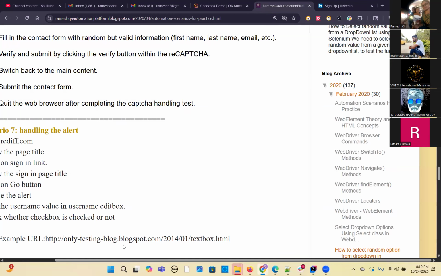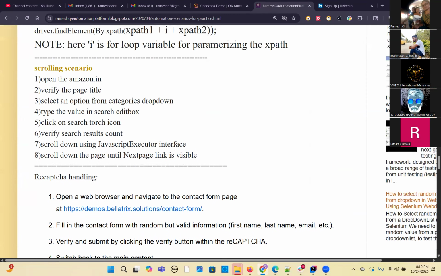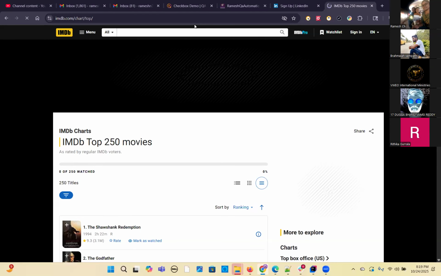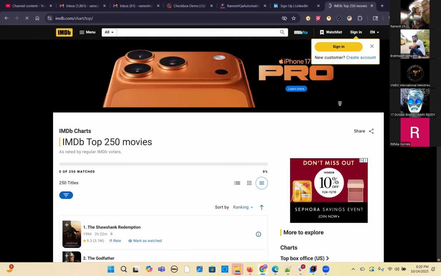So here is the next scenario. Yeah. So many are available here. I have given them with examples also. So this is another one. IMDb website. You can find all the movies there. Similarly, you write here also. Write the program, the same program, whatever I explained now. But here you don't need to click. You just need to fetch